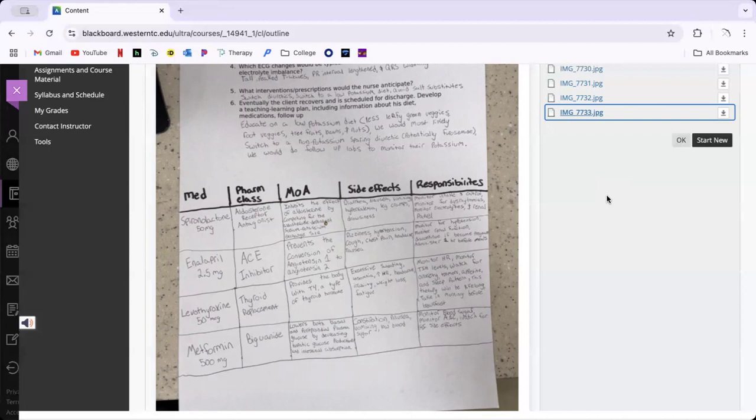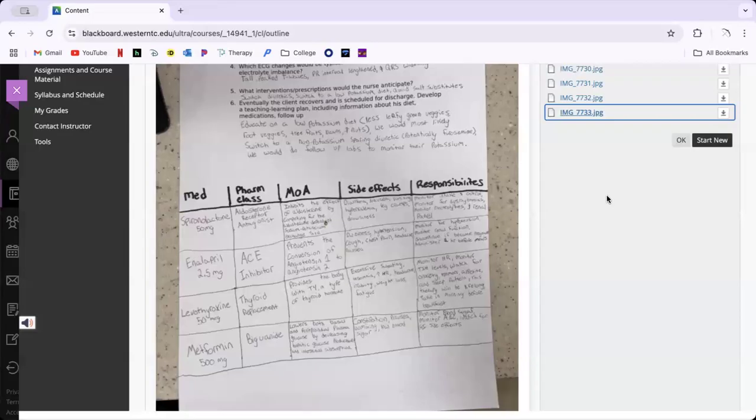All right, enalapril is what class of medication? Yes, sorry. Yeah, ACE inhibitor. We talked about that already, right? Anything you want to add to that one when it comes to hyperkalemia? Are they at risk for hyperkalemia taking this medication? Yes. Remember how that one is going to hold on to more potassium?